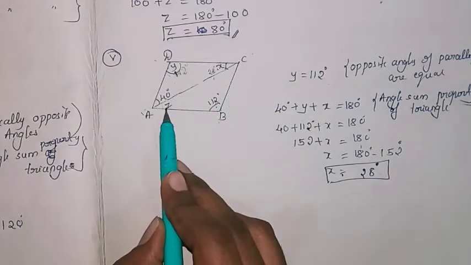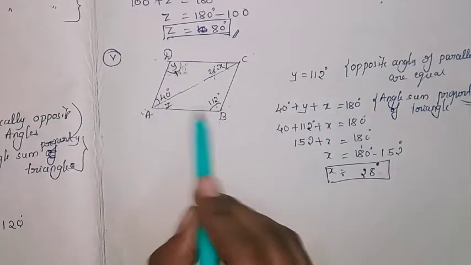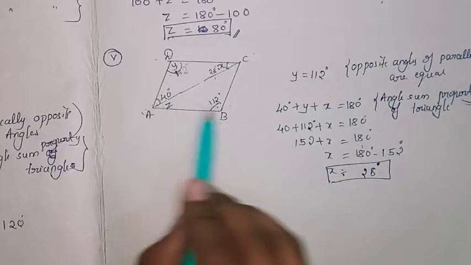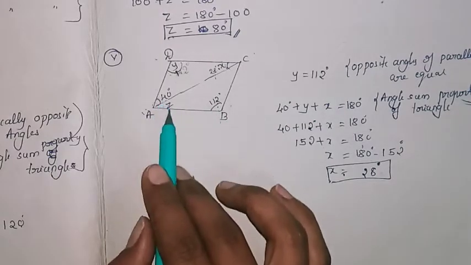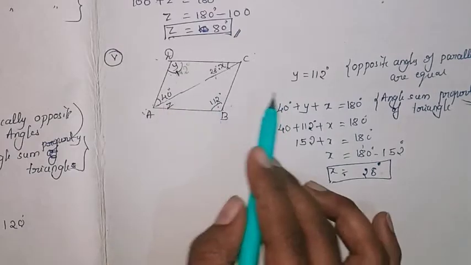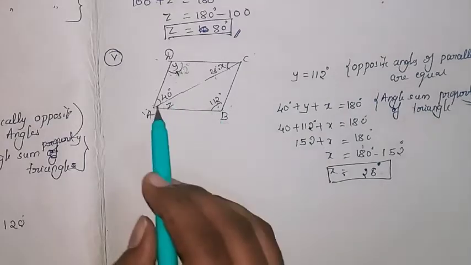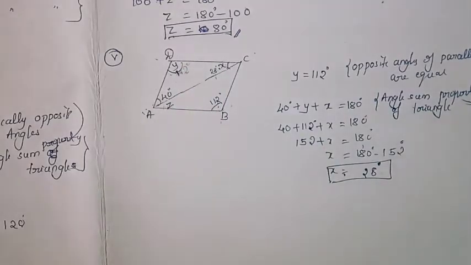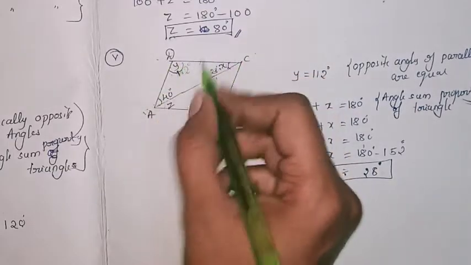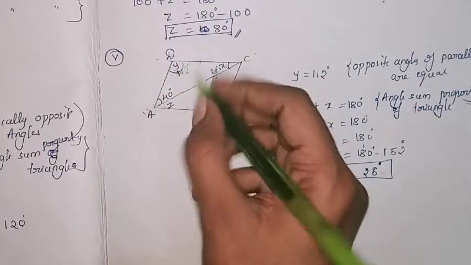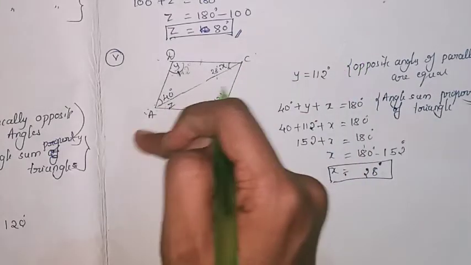To find the z value, is there any possibility to solve? If you think these are adjacent angles, then you think this is the whole angle we have to take. But here 40 we know, the z value we don't know. So you can solve on the basis of that, or you can directly solve. As we know, this is a parallelogram, so AB is equal to DC, because these are parallel and opposite sides, and there is one line which we can call a transversal.